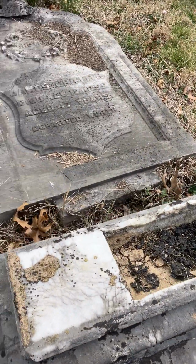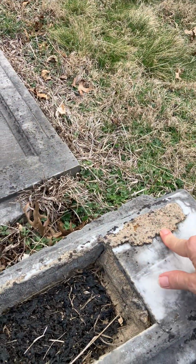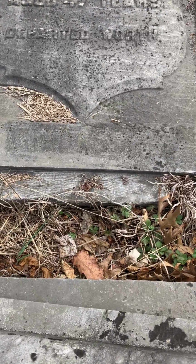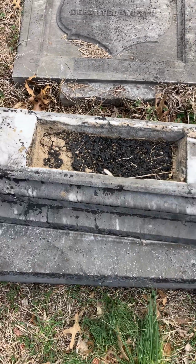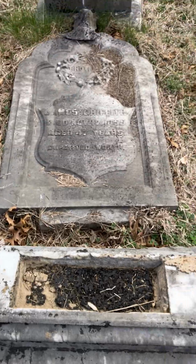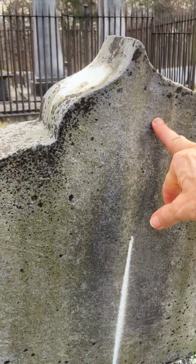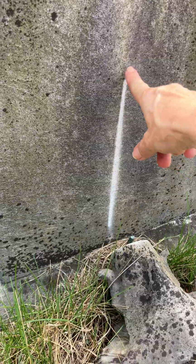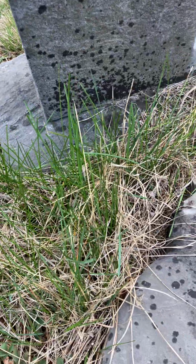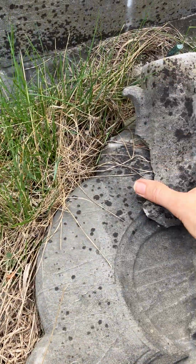And then time and weather took away whatever material this is that was supposed to kind of glue it together, so to speak. And then that little slot was not deep enough, I guess, to go into this piece that was meant to hold it up. And again, luckily, it hit this gravestone, but it damaged it only by scraping a little bit of something off. And this piece that would have topped the one that fell, this piece got knocked off,